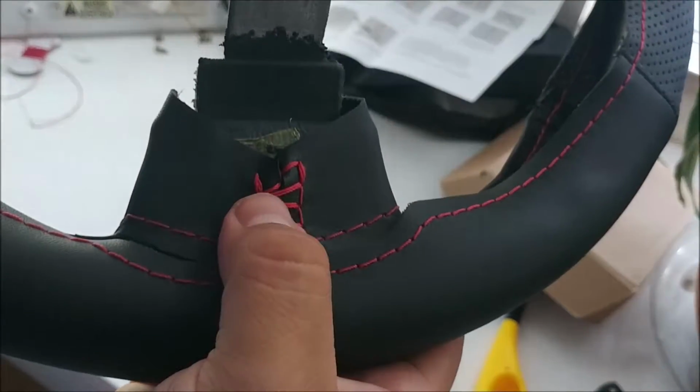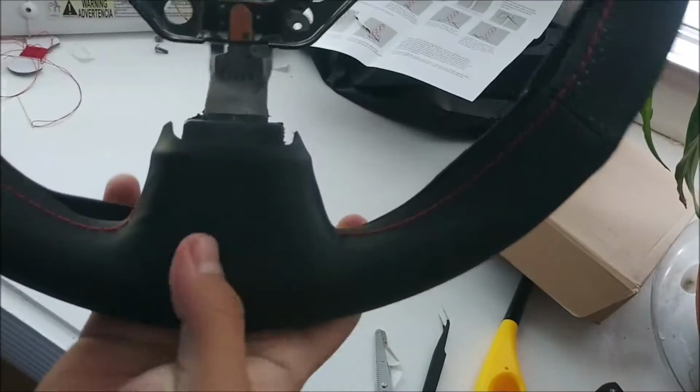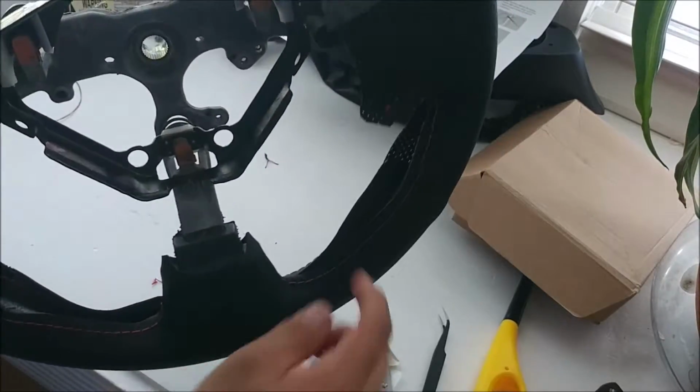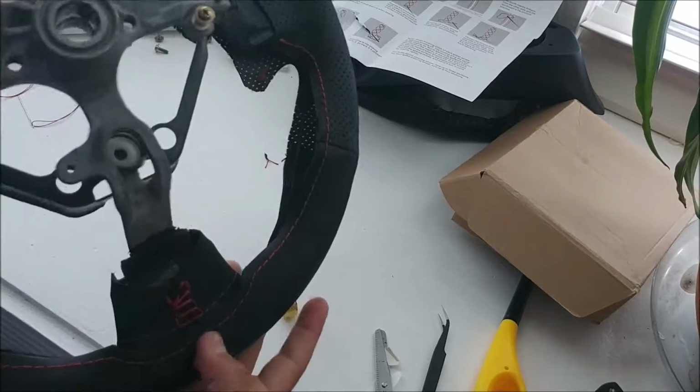Up close, it's not perfect by any means, but considering you're going to be facing this side of the steering wheel most of the time, it's not like you're going to go under the steering wheel to purposely look at that. These are the ones you don't want to mess up on. So now that we have that tricky part done,